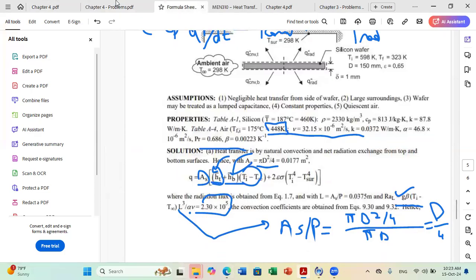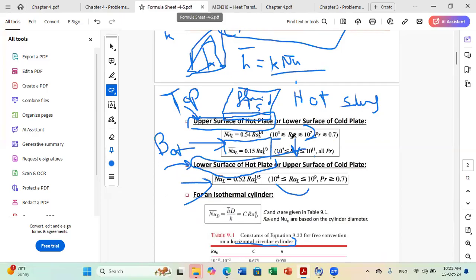If I go back to my formula sheet, 10 to the power 5 is in this range between 10 to the power 4 and 10 to the power 7. Look, Prandtl number here should be larger than 0.7. In their calculation, Prandtl is 0.69. So it's fine, you can use this formula, okay? Because here they said larger or equal nearly to 0.7. So if you are very close, it's fine,